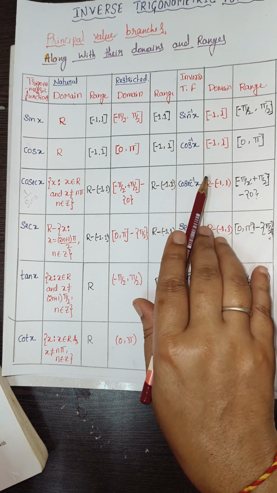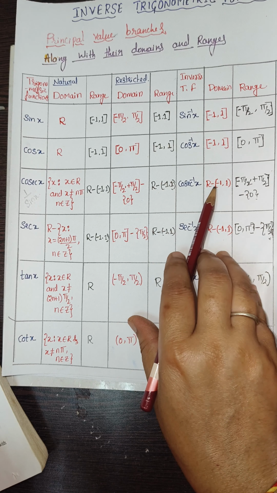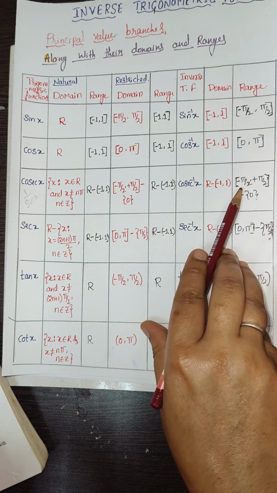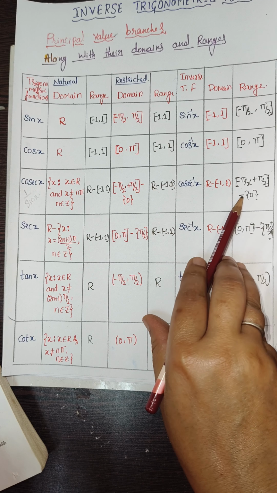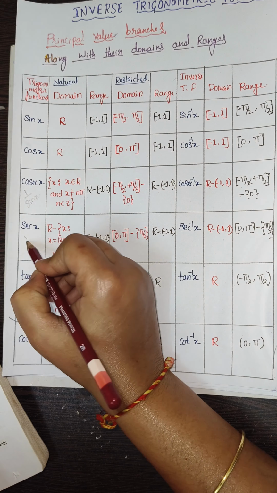Then cosecant inverse x: the domain changes to range, and range changes to domain. So the domain of the cosecant inverse x is R minus of open bracket minus 1 to 1. And what is the range here? Minus pi by 2 to plus pi by 2 except 0, so minus of 0. Similarly, secant x also. Secant x means it is the